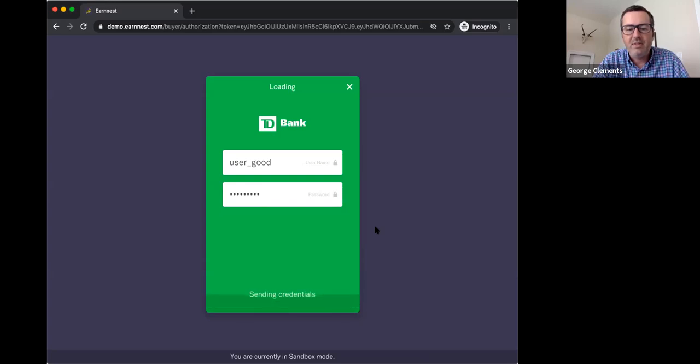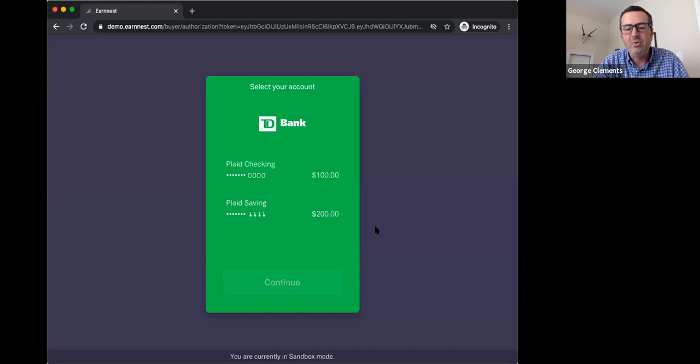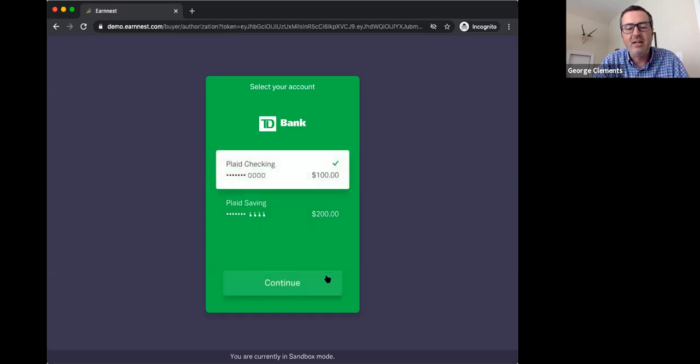And once they've logged into their account, it takes just a second, they'll choose which account they'd like it to come out of, and hopefully they've got more than $100 or $200 in their account if they're buying a house. But this is just a demo environment. So they'll click checking, click continue,